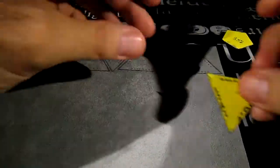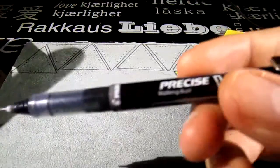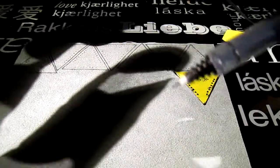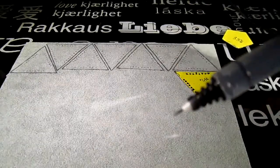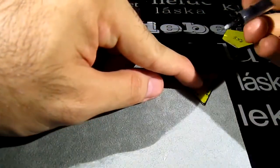So you just take this and use something. I would recommend something like one of these rolling ball pens, or a gel pen, not a ballpoint pen. You want something that writes really smoothly. Okay, so you draw around all the sides. Then what you do